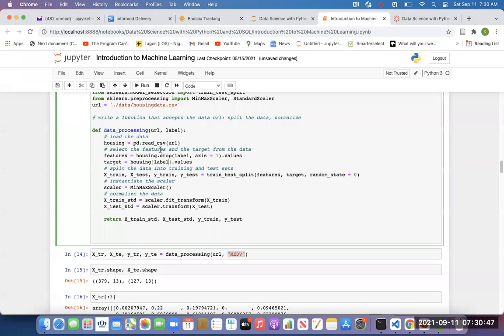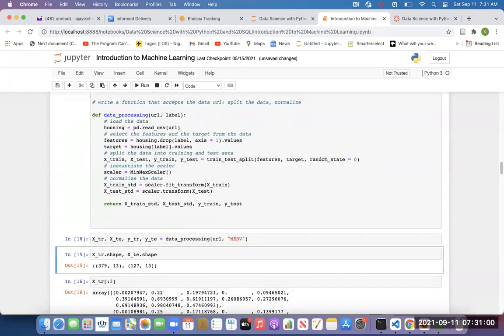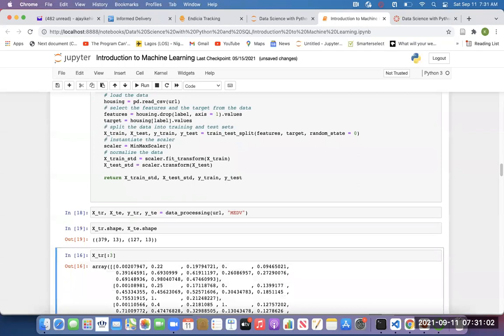The label is what you are trying to predict, so here we drop it from the data, and then we load it to get the target. If I do this, it's going to give me the same thing. You can see no error like that. So this is it.